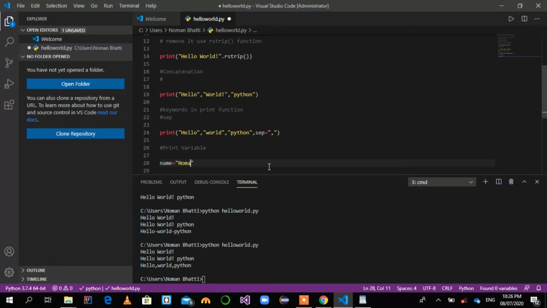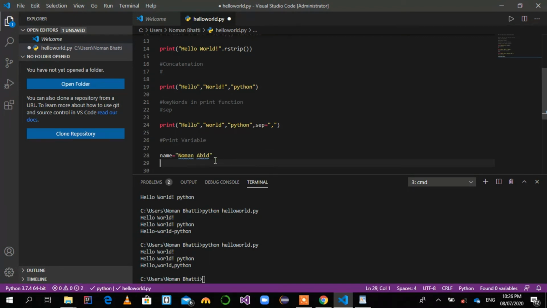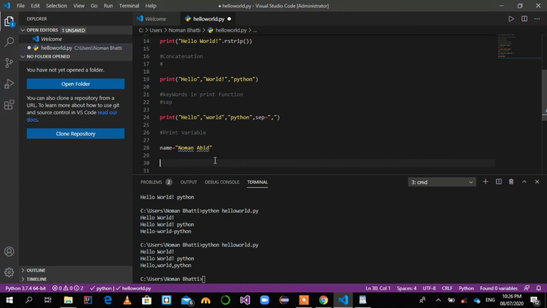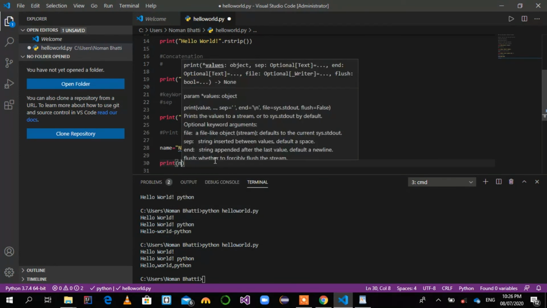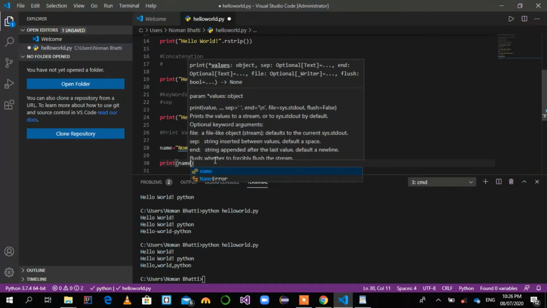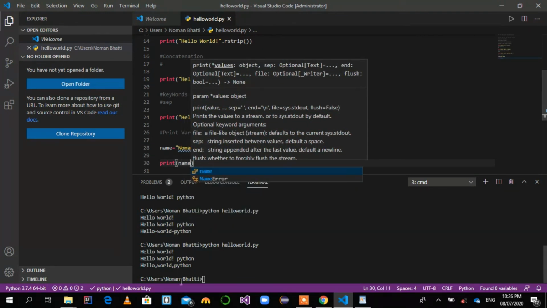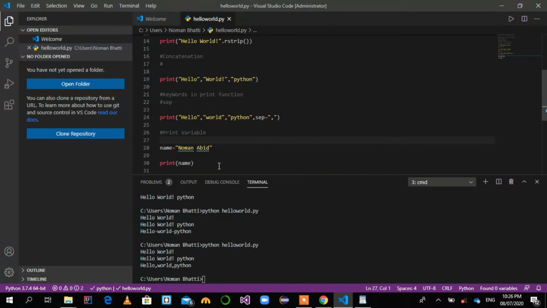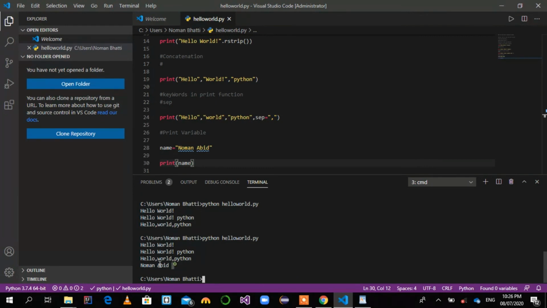Now print name. Pass name in the function. It will print it in the terminal. Here you see it prints Numan Abid in the terminal.